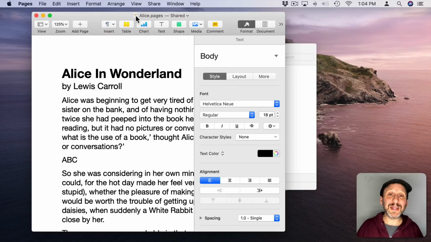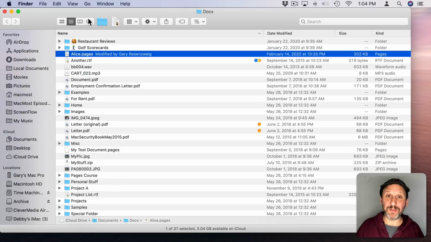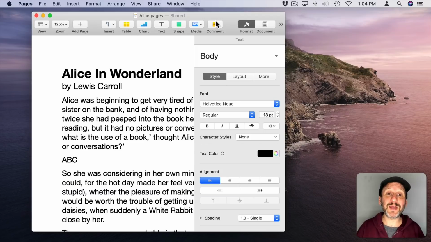And if I hold the Command key or the Control key and click on the little icon for the file in the title bar, I can actually go up a level. So I can go up a level like there, it'll open up the Finder window for that level of files and folders.